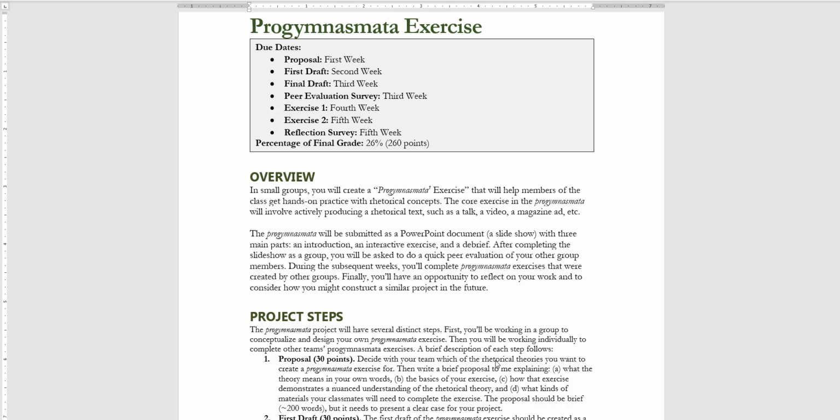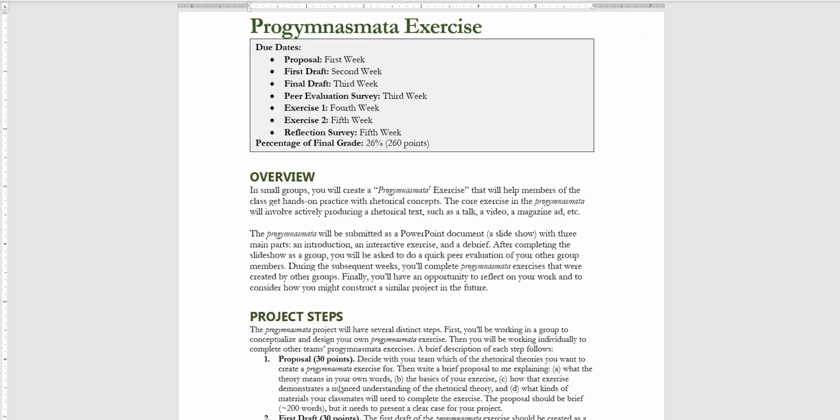And finally, just also quickly tell me about what types of materials your classmates might need to complete the exercise. Sometimes it's just going to be your PowerPoint, sometimes you're going to give them some examples, sometimes you might want to draw on outside materials such as news stories or even physical objects in order to make this work. So that proposal is going to be relatively short, about 200 words, but realistically I just want it to